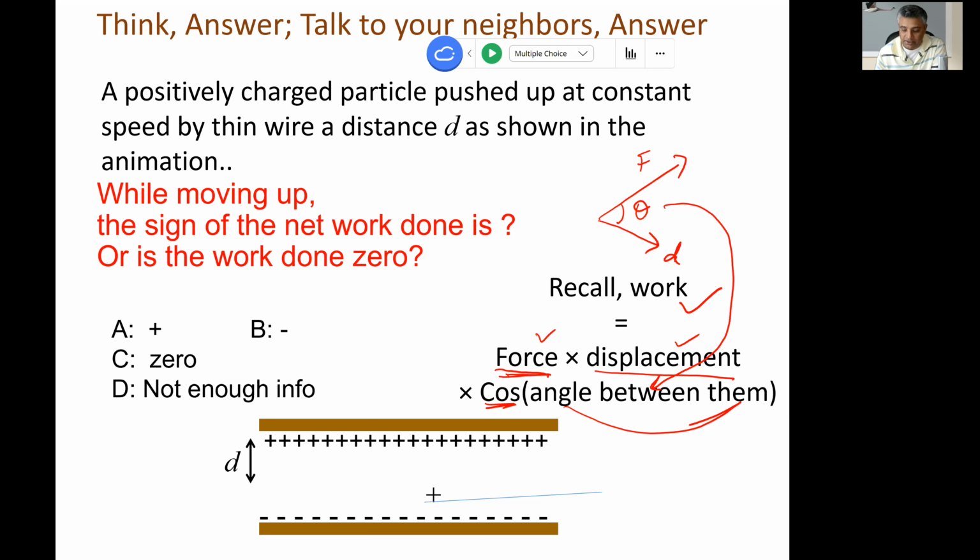Professor? Yes. I had supposed that it was positive due to the fact that the angle between the force of the electric field and the displacement of the particle is 0 degrees. So cosine of 0 is 1. Cosine 0 is positive 1. That's right. Okay. So that means